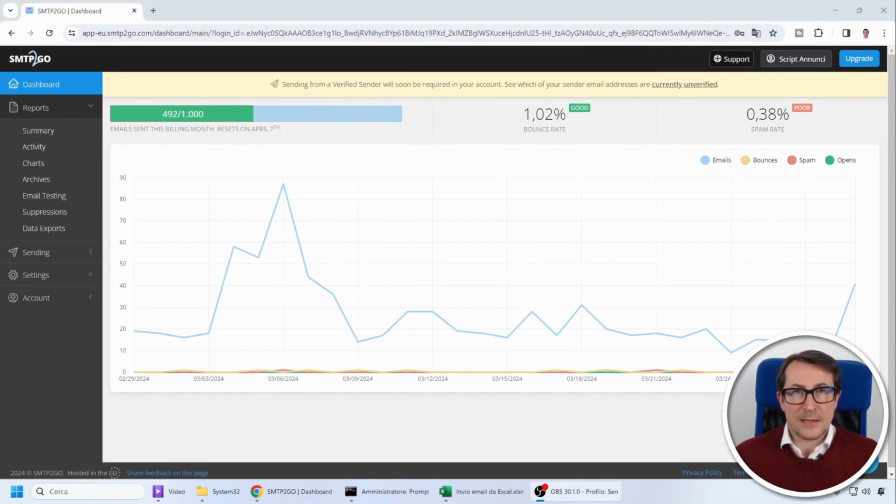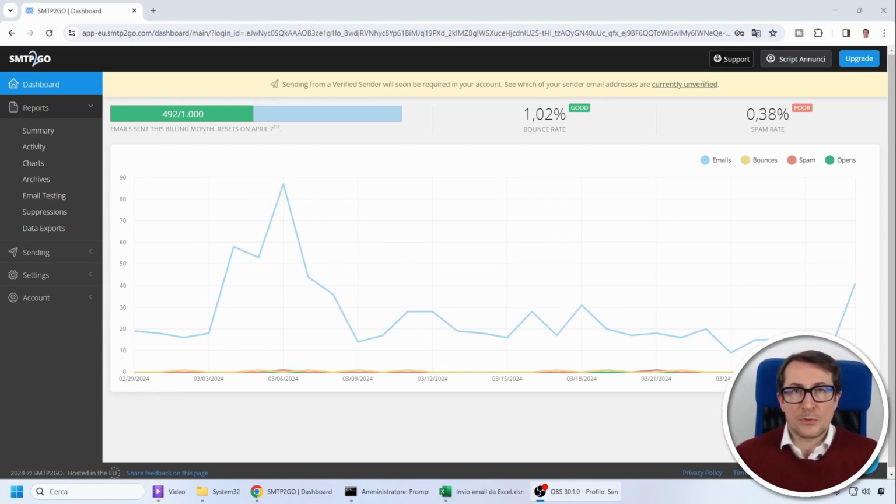In this case, instead of connecting it to Office 365, which is known to occasionally freeze and require browser authentication, you can connect it directly to the SMTP2Go service using the SMTP protocol. Or think of an application of yours that needs to send emails when a certain event occurs. Here too, you can bypass Office 365 and use the SMTP2Go service.